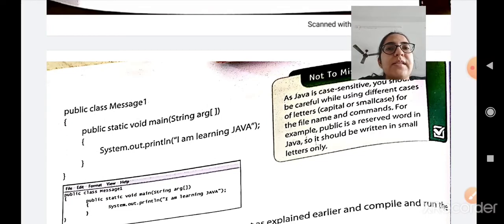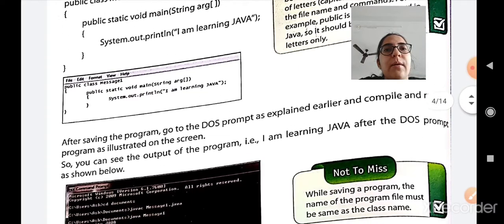Public class message1, and in that a main method, that is public static void main(String[] args), and you have to write one print statement. System.out.println is used to show some message as output. Everything you want to display as output you have to write in System.out.println. Here we are writing "I am learning Java" in double quotation marks and we are closing the program.